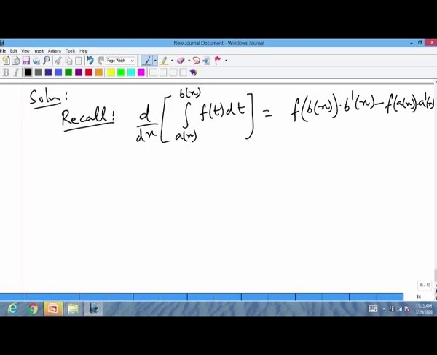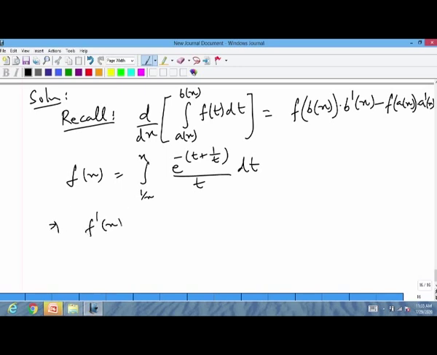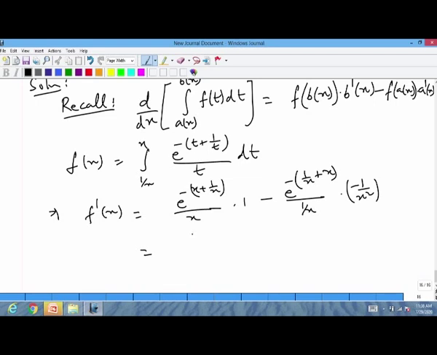So, we have f of x as the integral from 1 by x to x of e to the power minus t plus 1 by t, divided by t, dt. So, if I differentiate this, then f prime x will be equal to e to the power, first we put t equal to x in the integrand. So, that is x plus 1 by x times the derivative of x, which is 1, minus we have to put t equal to 1 by x. So, e to the minus 1 by x plus 1 by t will become x, divided by t which is 1 by x, times the derivative of 1 by x, which gives minus 1 by x square. So, this is nothing but 2 times e to the minus x plus 1 by x, divided by x,